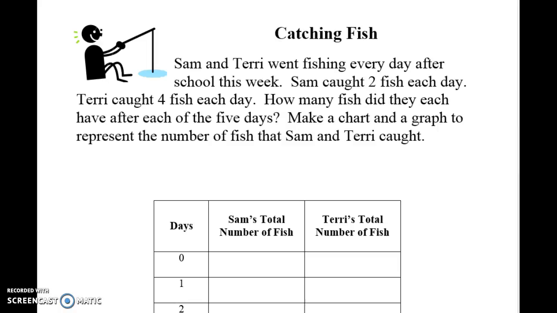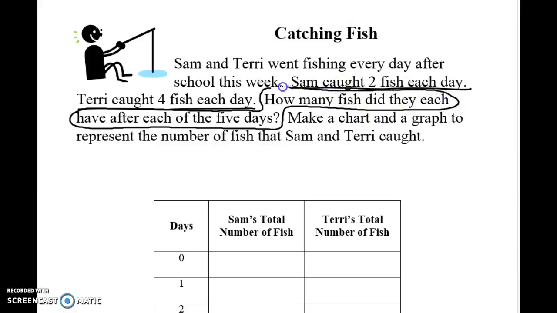Okay? So it says Sam and Terry went fishing every day after school this week. Sam caught 2 fish each day. Terry caught 4 fish each day. How many fish did they each catch after 5 days? Sorry, I misread that. So we want to know how much they caught after 5 days. Then it asks us to make a chart and a graph to represent the number of fish that Sam and Terry caught. So if you take a look,